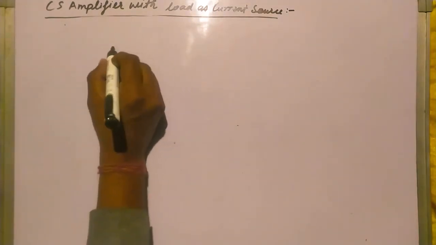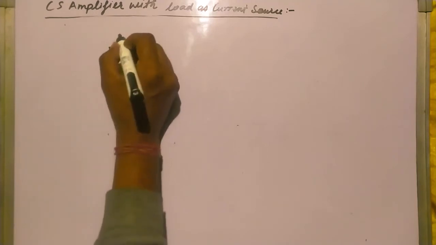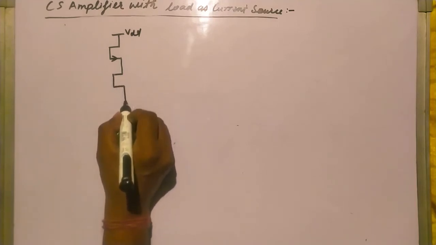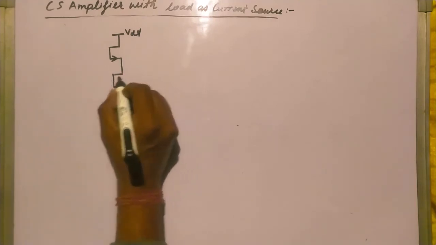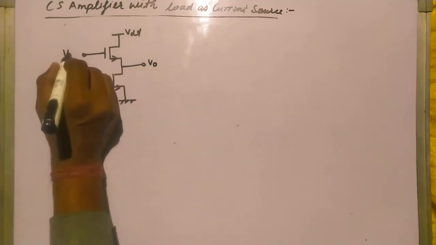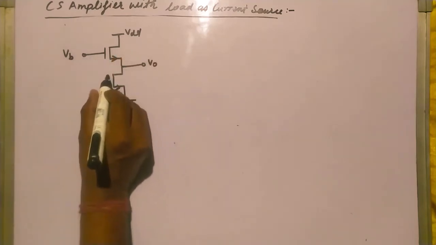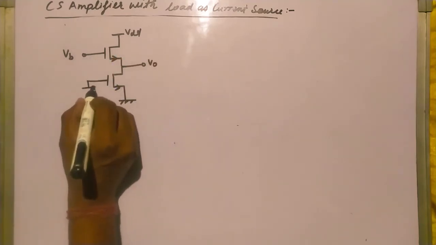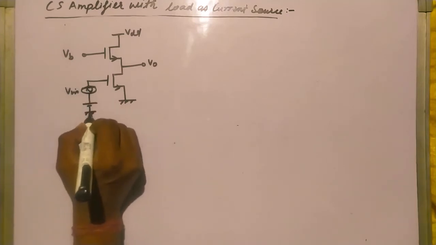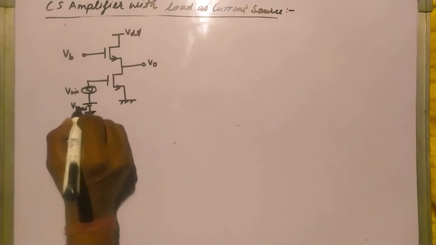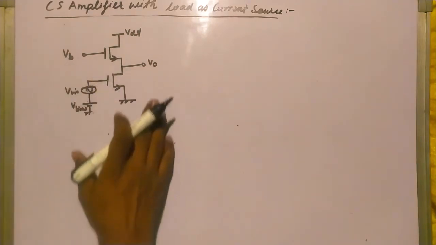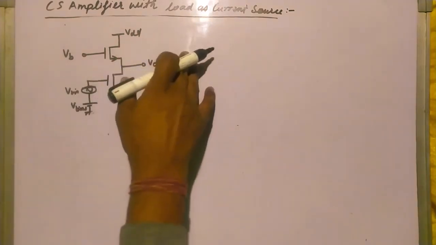If I am using NMOS, this is my NMOS, VDD, and from this V naught I am taking, I am giving VB in such a way that this transistor is going into saturation region, and V in is there, and this is V bias. Okay,